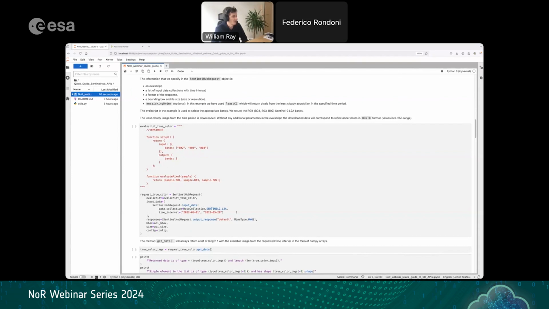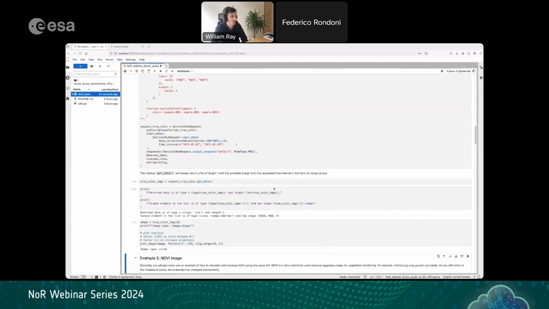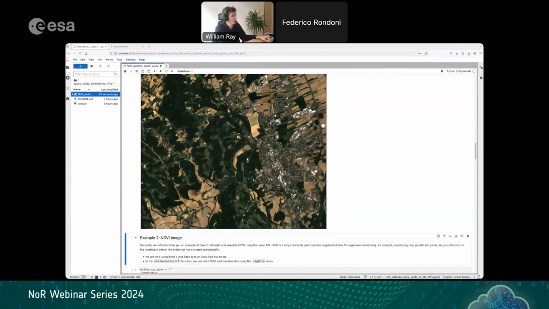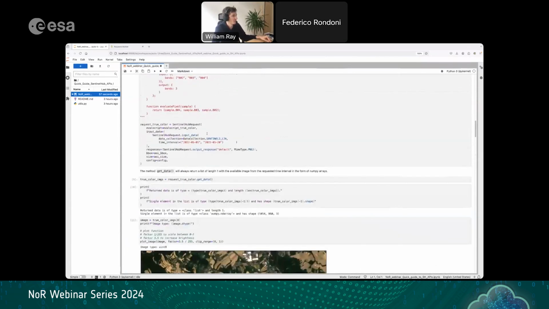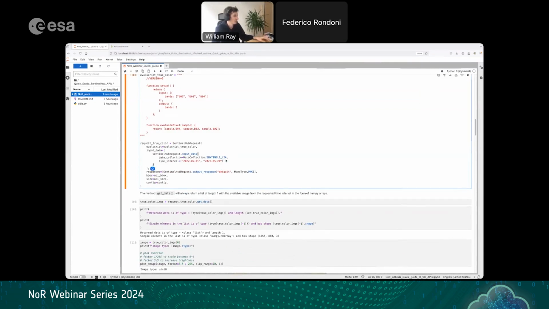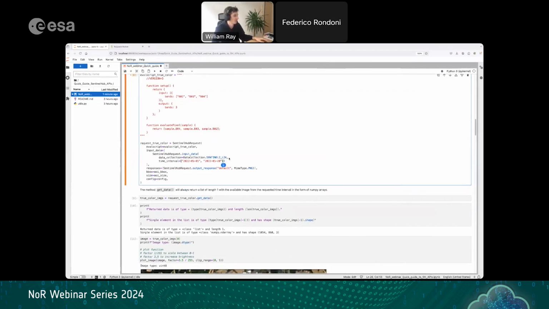And we're setting our data collection as the Sentinel-2 level 2A, and a time interval from the 1st of May to the 20th of May. And it's as simple as that. So I'm going to run this cell and the ones after. I just have a little function to plot the image afterwards. And we can see here we're returning back our area of interest for the time period. If we wanted to add the least CC or the least cloudy, we could add that in here. We would add like an additional argument,